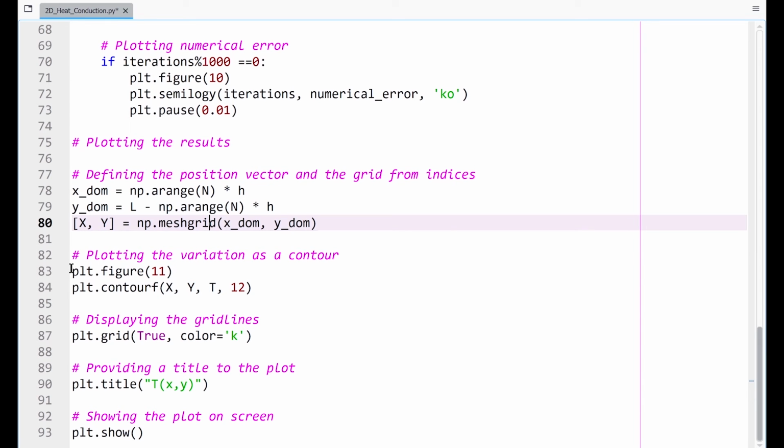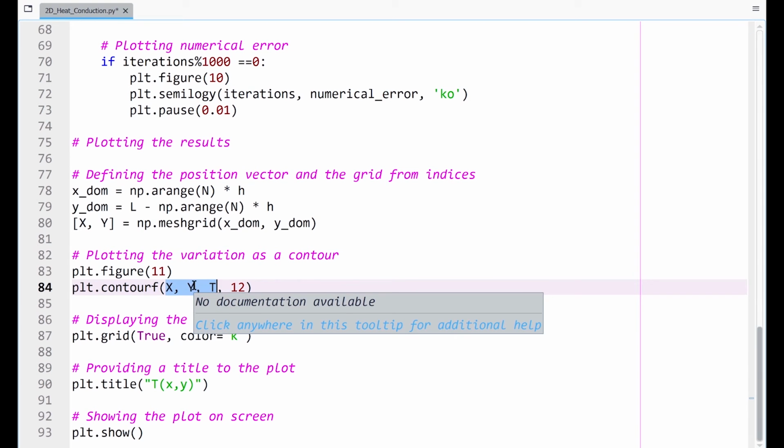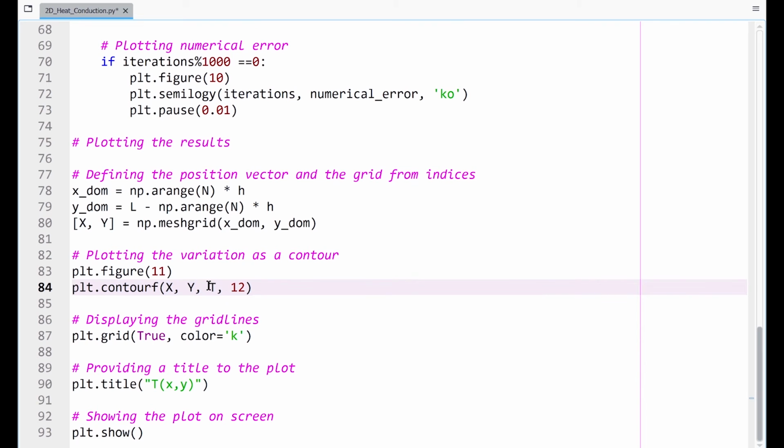And again, in order to get the plot, I am using a new figure number here. I am calling it figure 11, and we are plotting it using contourf as I suggested. So, we have three variables that go into it. The first is x, the second is y, so basically just the base grid, and the third one is the variable that you are trying to visualize, which is the temperature variable here.